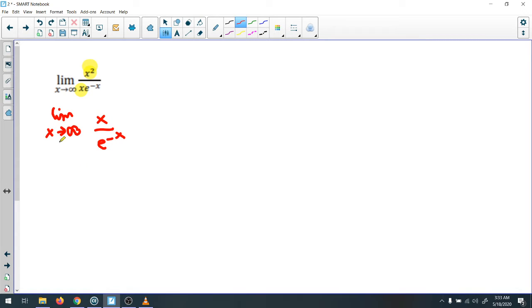So if you substitute for infinity, it will be infinity over infinity. That means the function has no end or has no number, a nonsense number, infinity over infinity. So what we could do, as we mentioned before, is to apply L'Hopital's rule, which is to find the derivative of the numerator over the derivative of the denominator and apply the same limit. Let's do that. So it will be the limit when x approaches infinity,